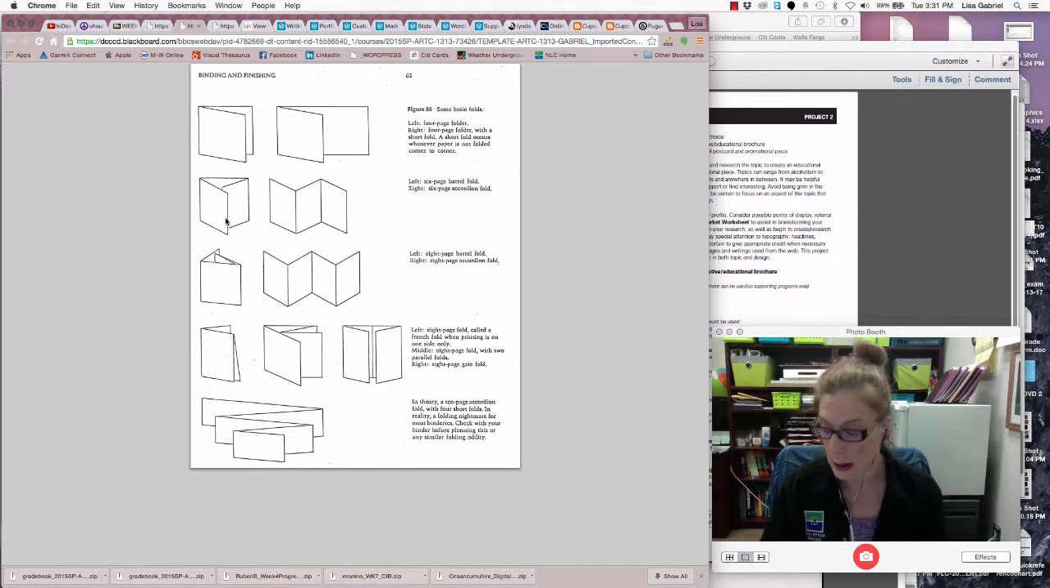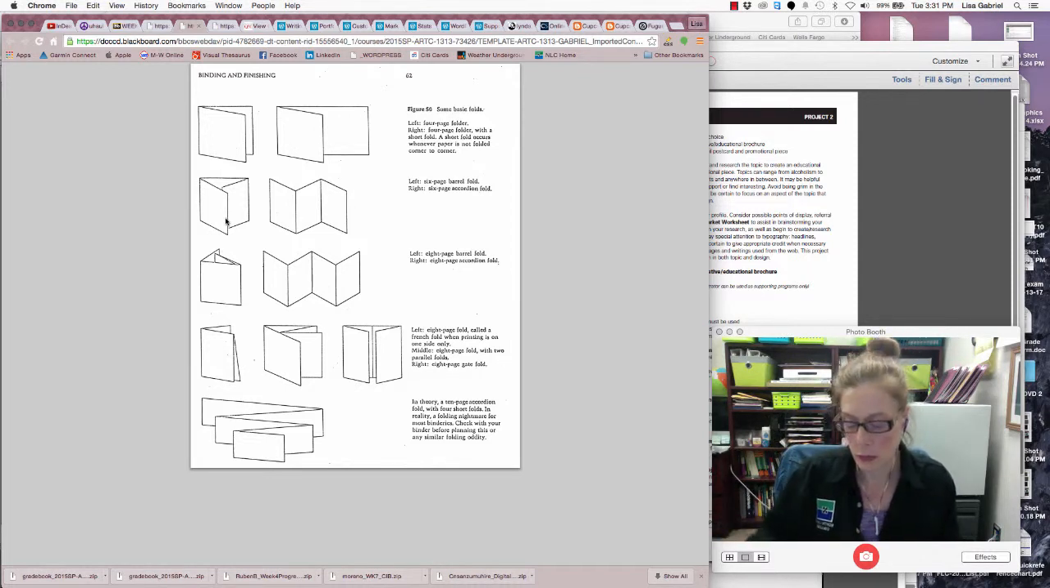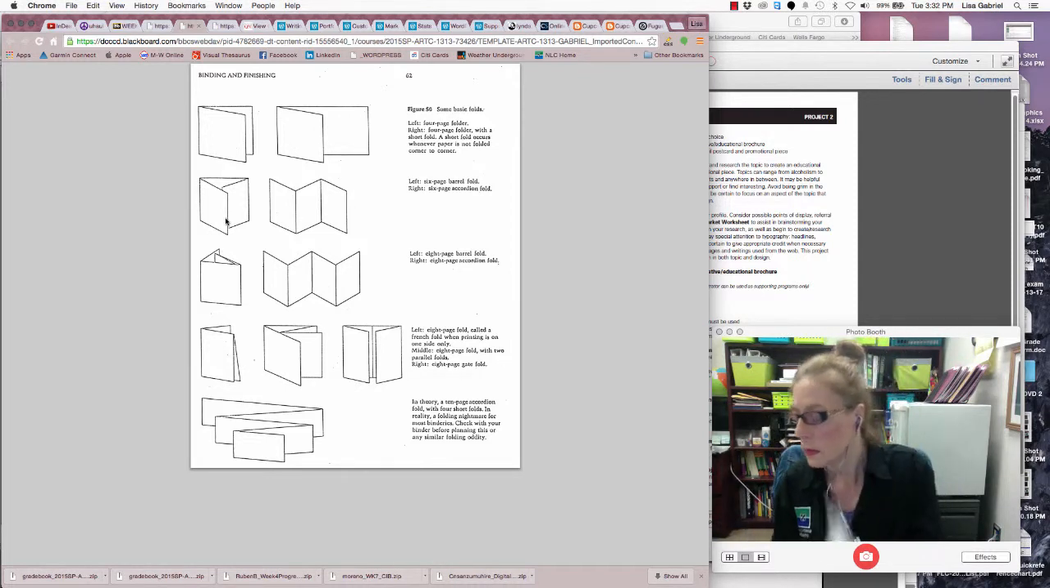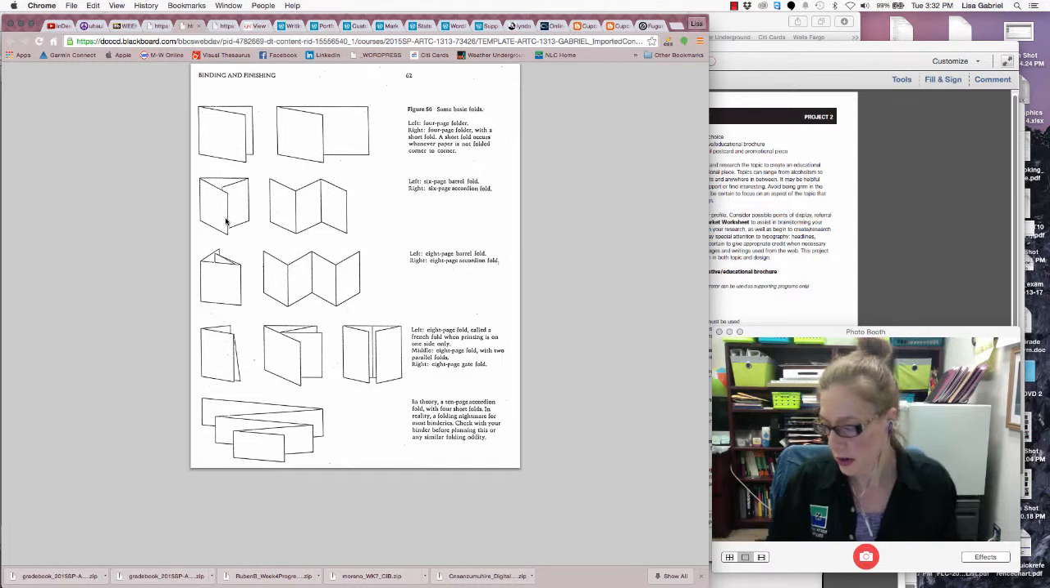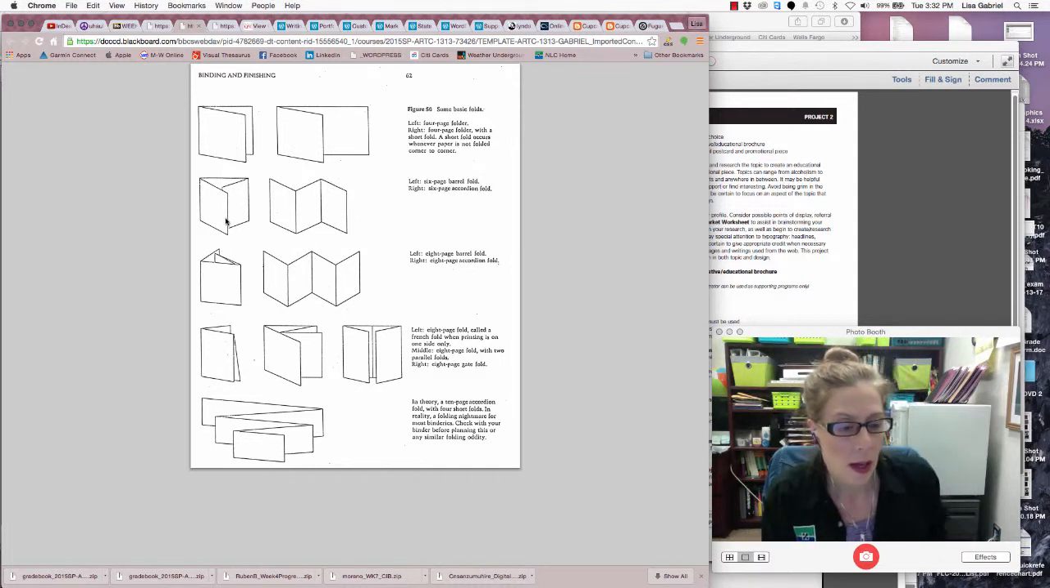Okay, so again, what you're designing is a brochure, and I have examples here, physical examples. I believe she's got something in here. Nope, she does not. She does not have the physical ones here. But